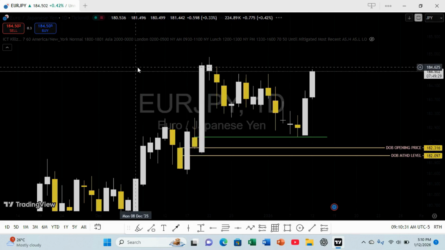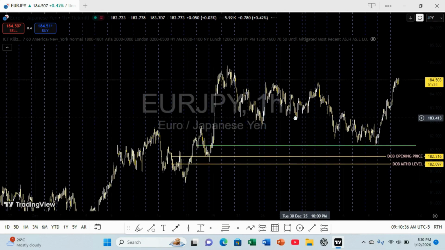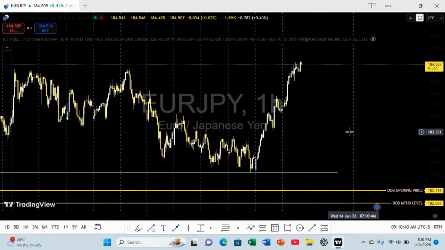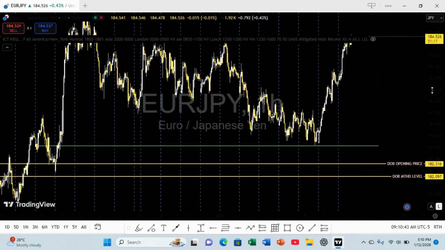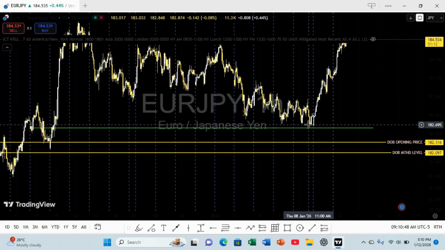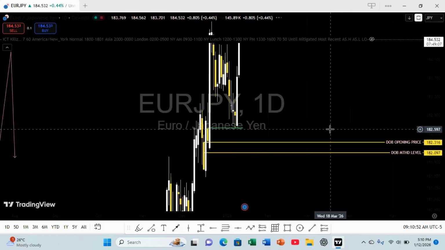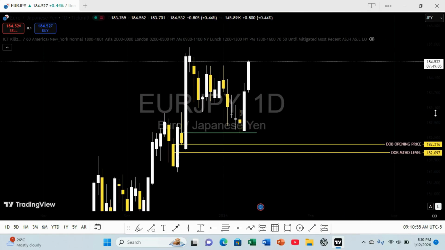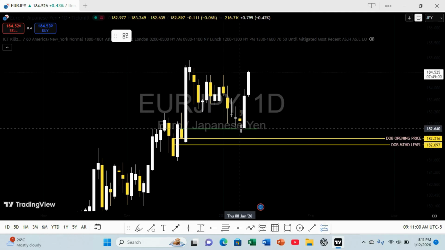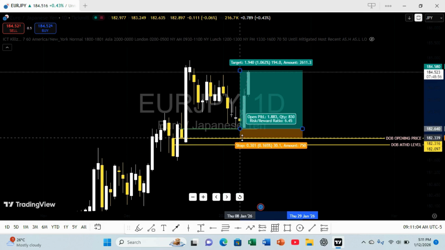When you try to look on the lower time frames, it's the same. My analysis and my entries are always clear, right to the point. What we normally do when you get your order block on the daily, in case you wanted to take this trade, you target the low of the order block.